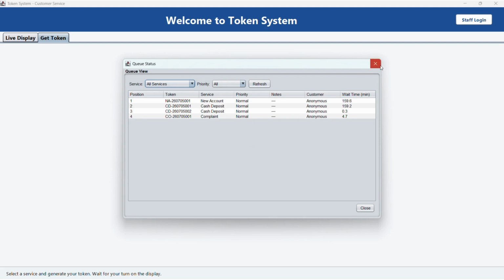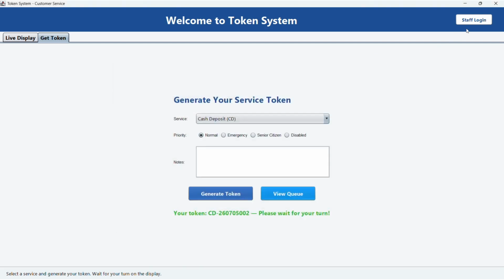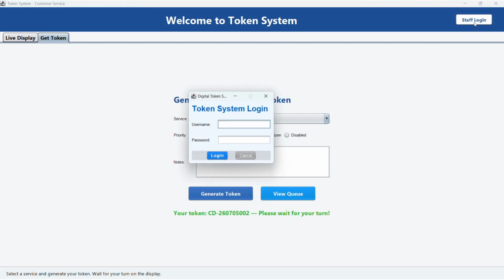Now let's move to the counter staff page. Here we can see the login page. After login, we can see the counter staff page. Let me log in.